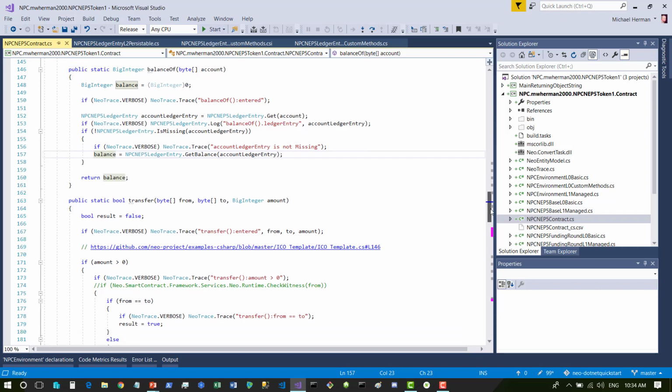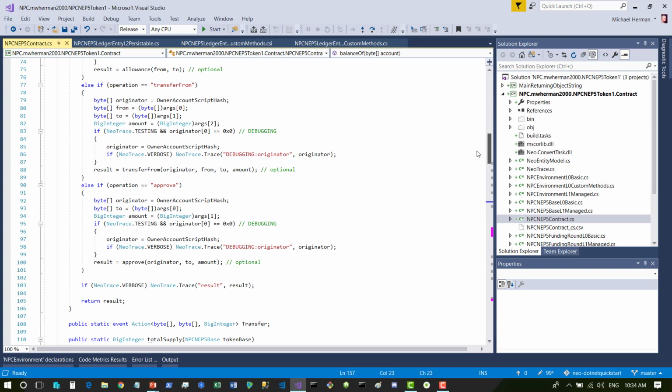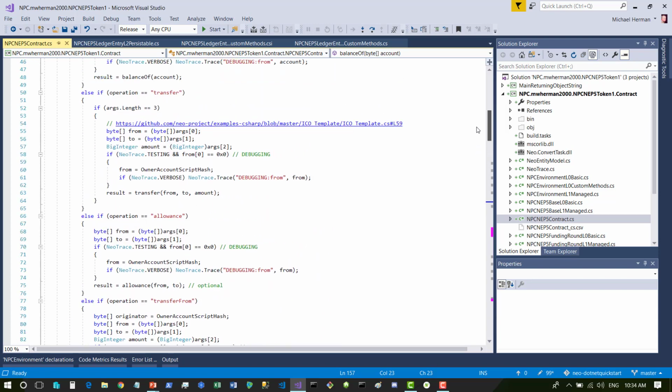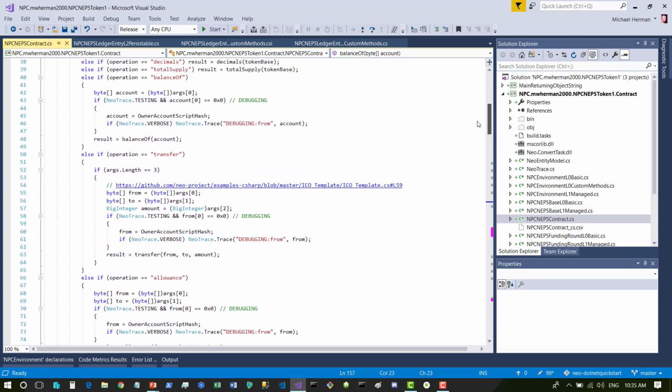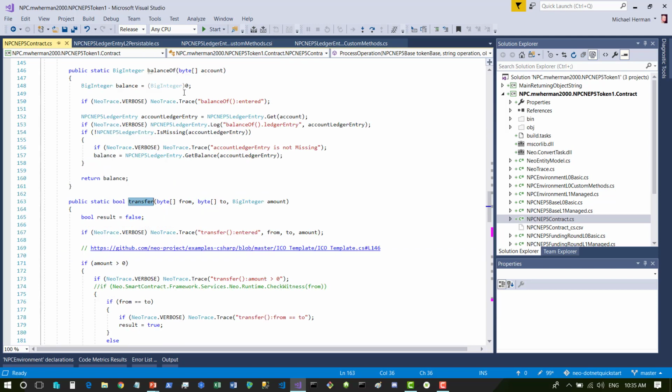If we go down to one of the other methods, I guess the only other mandatory method is transfer. So transfer needs 3 arguments, and I've just basically copied this right out of the ICO template. So from is arg0, to is arg1, the amount comes out of arg2. I've got a little bit of stuff again to help me: if from is set to 0, I use the script hash for debugging, and then I do the transfer. When I go to transfer,